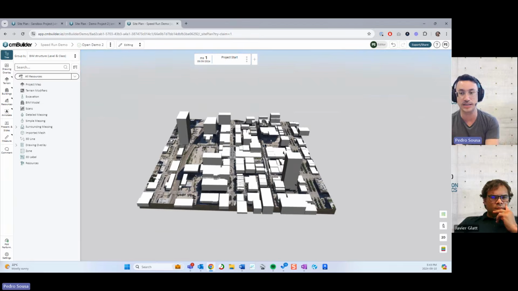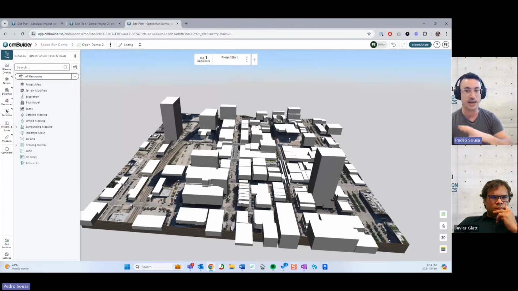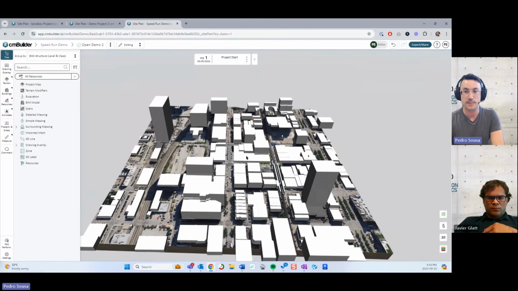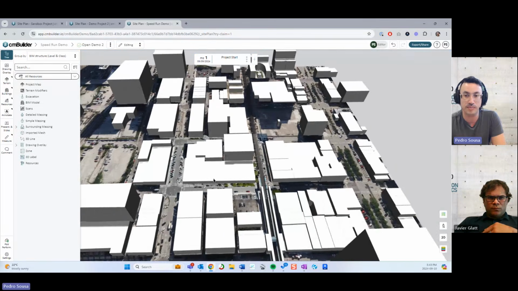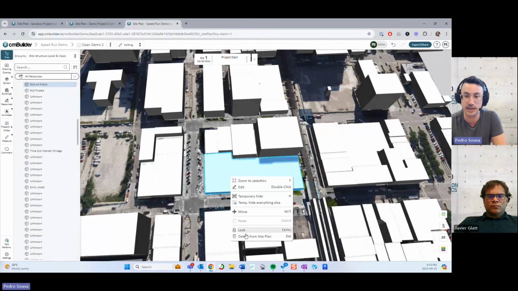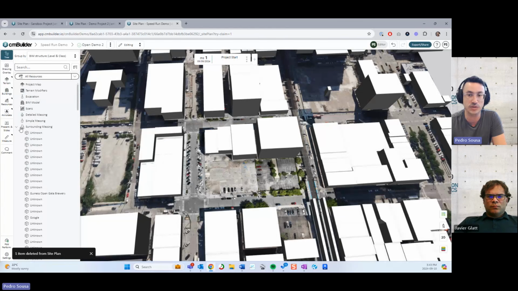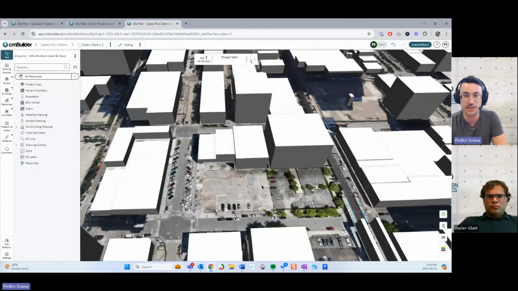We now have access to this area and we can start to edit and add elements there and build our whole planning. Okay, so the area of my project is this one over here, and this building has already been demolished, so I can simply delete this building from my site planning, and now I can start working from scratch from this point onwards, right? So